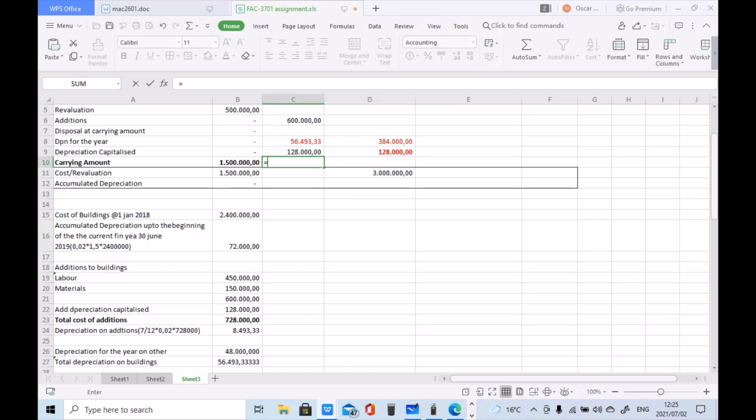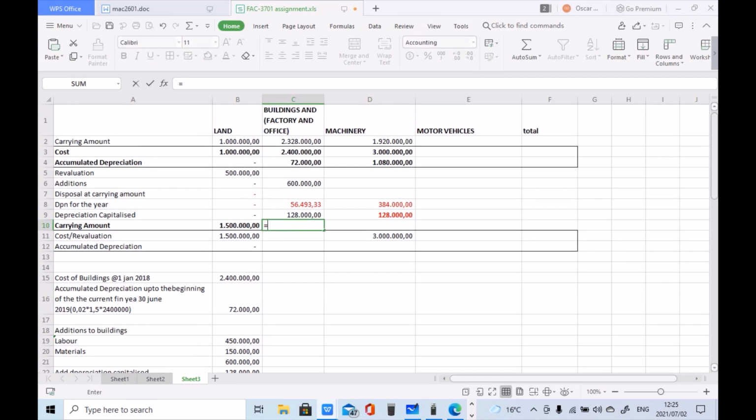So when you're calculating your carrying value for buildings at the end, you're going to take the carrying amount at the beginning plus additions minus your depreciation for the year plus depreciation capitalized. So that's that. And then your cost at the end is just going to be the cost at the beginning